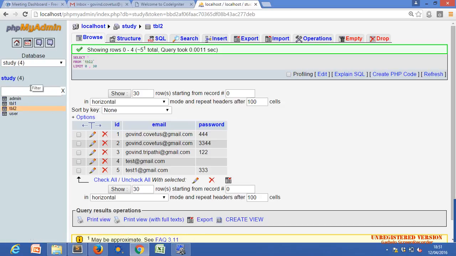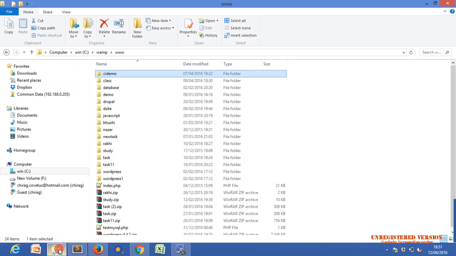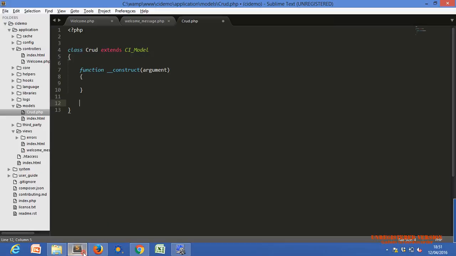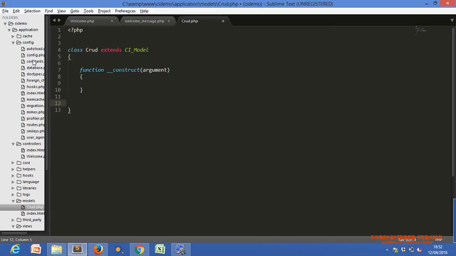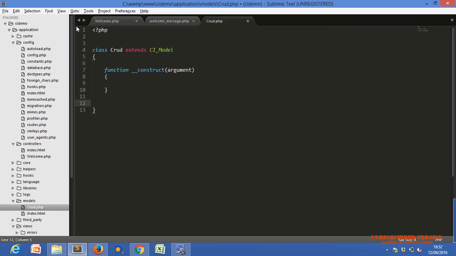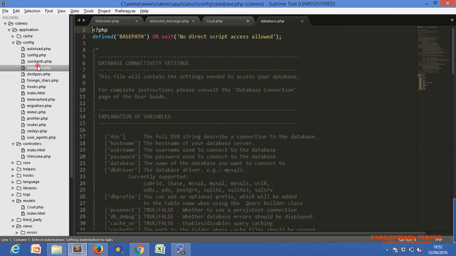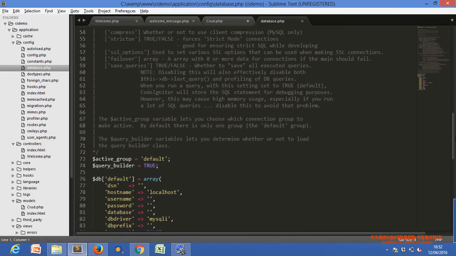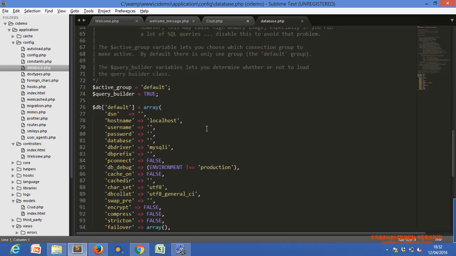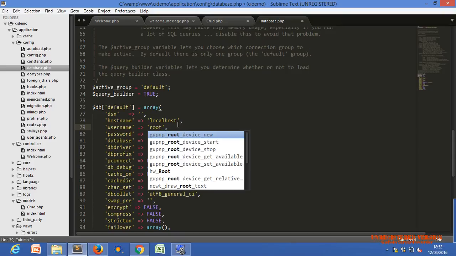Where do we have to configure the database, Khushi? In the config file. In the config folder there is database.php. In database.php you just configure your database username, which is root, and a blank password.